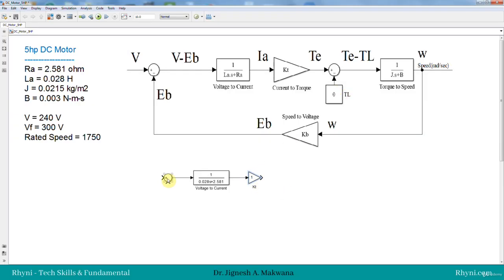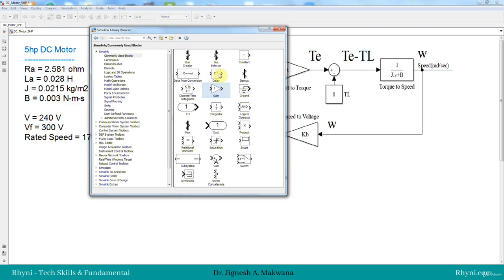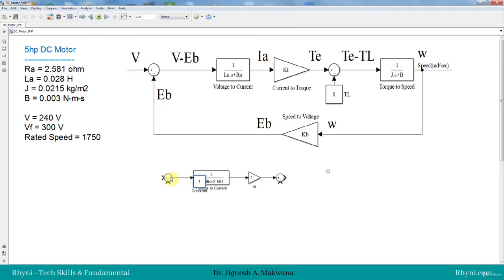Then again one more summing point, so I will right click and drag it. It is connected. Minus torque, so I will take the constant that we required for the input also, and 1 for the load torque also. Sign is negative. So this is our supply voltage, armature voltage, and this is load torque TL